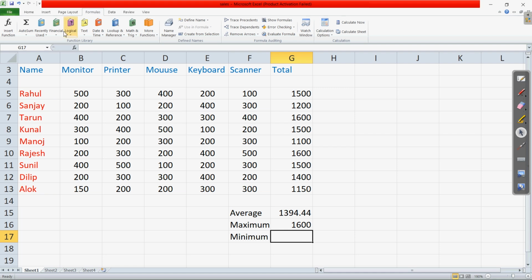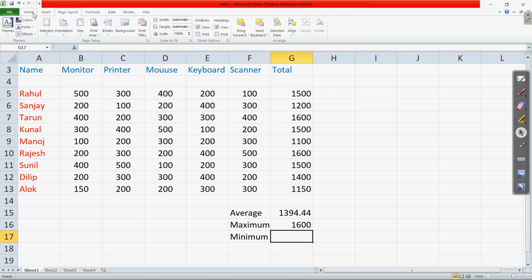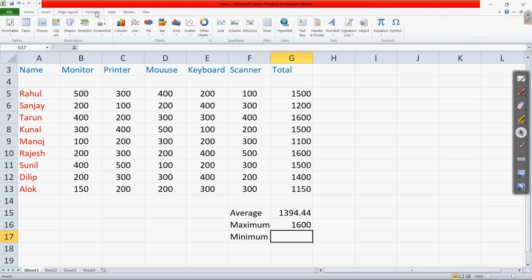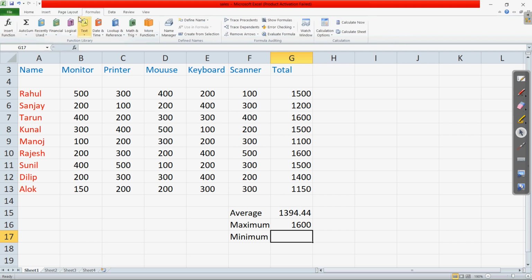Now we have to go to the tabs. Different tabs are there at the top. We have to go to the formula tab, and in the formula tab, we come to the auto sum. Clear? So let us come to the auto sum option and click it there. Then in that we have the min. Click on the min. We have written the min here.